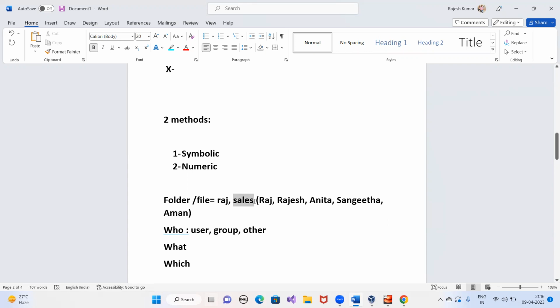Suppose sales is my group, and in the sales group I have these users, so these users belong to my group. Apart from these two, whomsoever is left, suppose we have nano user also, we have test user also, we have Sumit user also, these are called other users. So if you want to assign the permission to other users, that will be who.